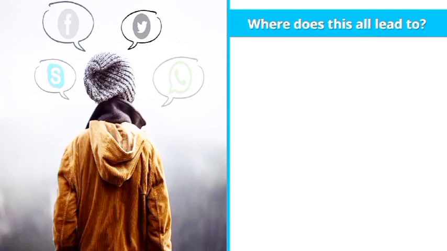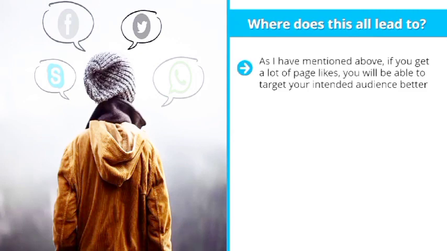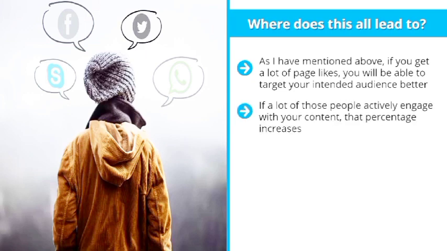Where does all this lead to? As I have mentioned above, if you get a lot of page likes, you will be able to target your intended audience better. In addition to that, you may be able to increase your reach because the more people that like your page, the bigger your base visibility becomes. If a lot of those people actively engage with your content, that percentage increases, but you're still dealing with the